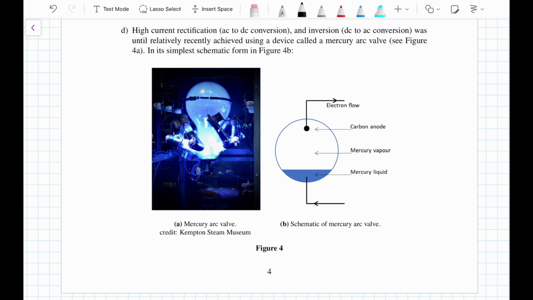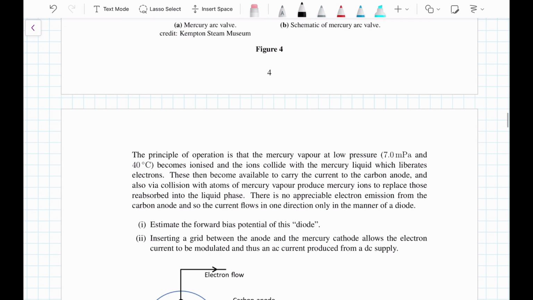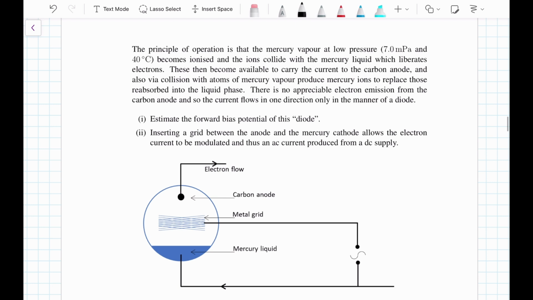It gave us a diagram. So I think I'm going to look back at these later. And then it says the principle of operation is that the mercury vapor at low pressure, 7 millipascals and 40 degrees Celsius, becomes ionized, and the ions collide with the mercury liquid, which liberates electrons. These then become available to carry the current